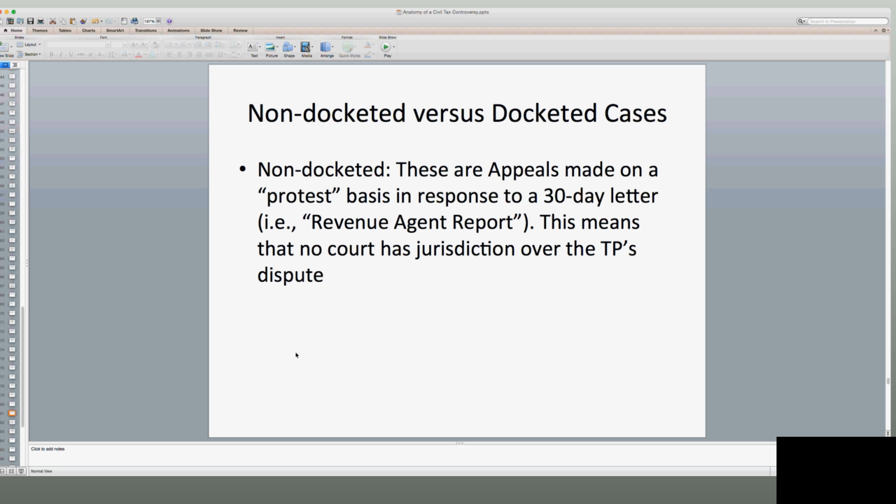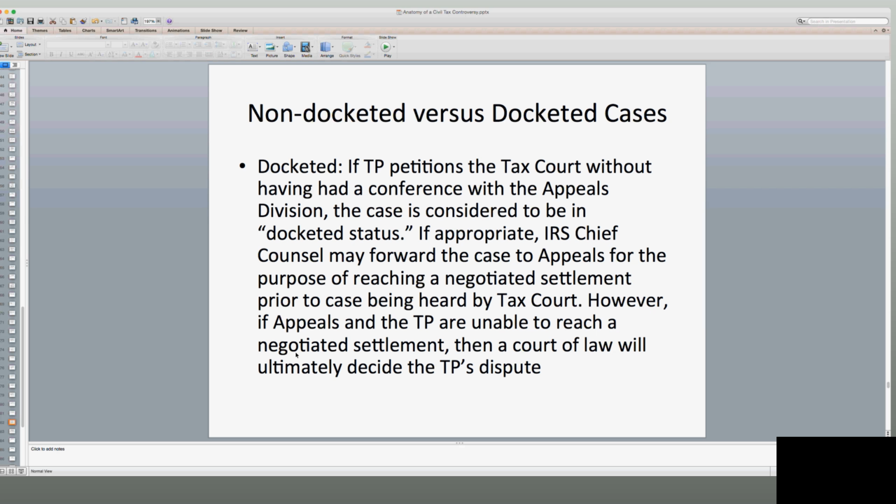We covered non-docketed. These are appeals made on a protest basis in response to a 30-day letter. This means that the tax court does not have jurisdiction over the taxpayer's dispute. Docketed means if the taxpayer petitions the tax court without having had a conference with appeals, it's considered docketed because, yes, it's in the queue in tax court. It's just that tax court wants there to be some attempt made to resolve the case